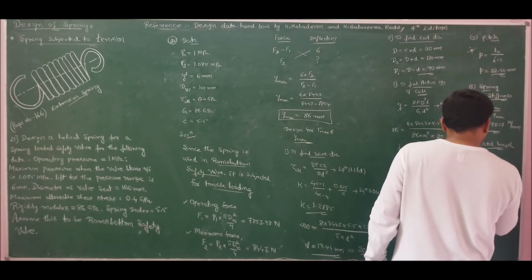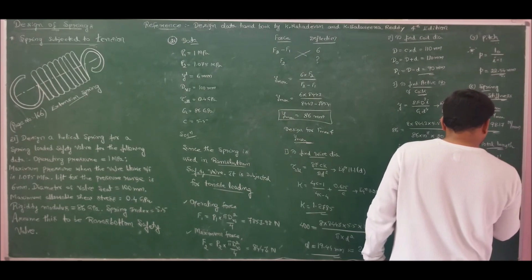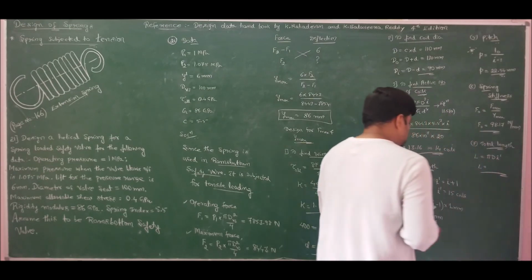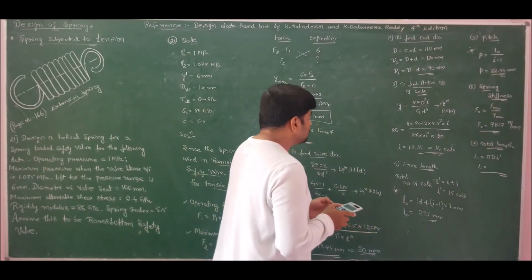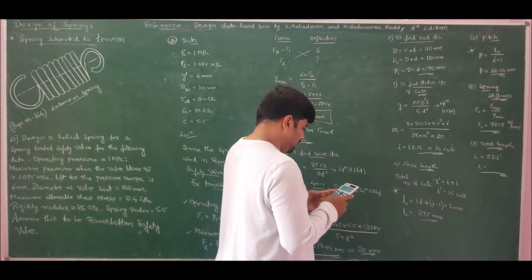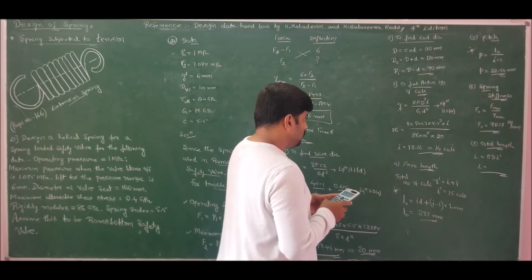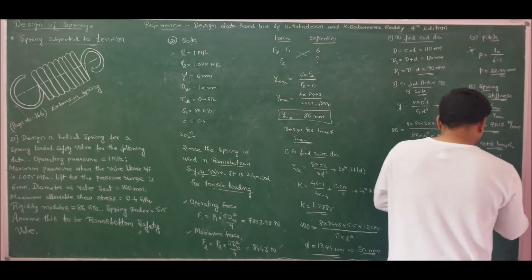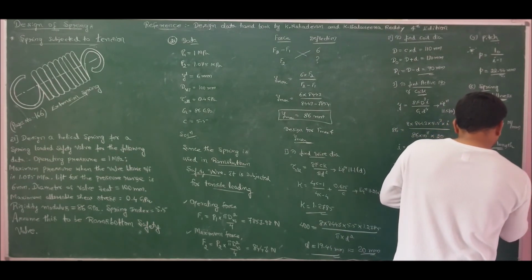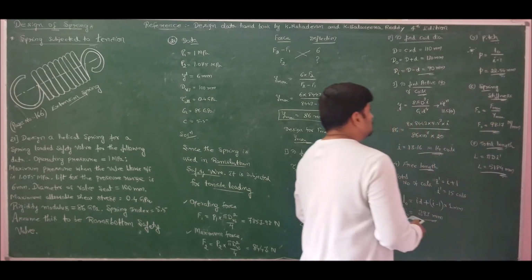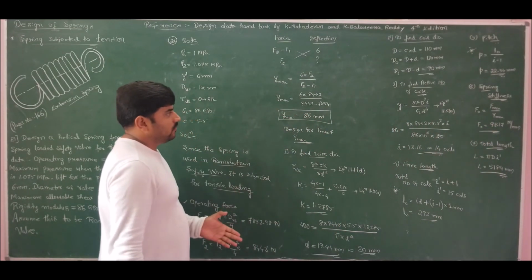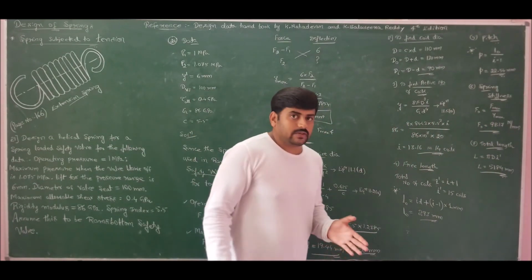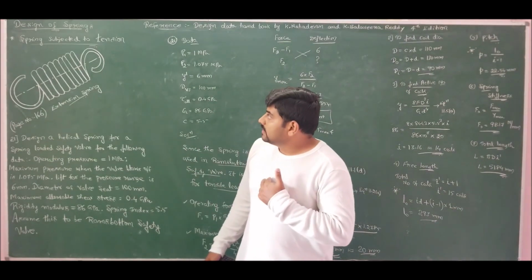So finally let us calculate the overall length, the total length of the spring. Total length of spring is equal to pi d I dash, that is pi times mean diameter 110 into total number of coils 15. So total length is 5184 mm. So this is the complete solution for problem number 21, wherein we have designed a spring subjected to tensile loading.